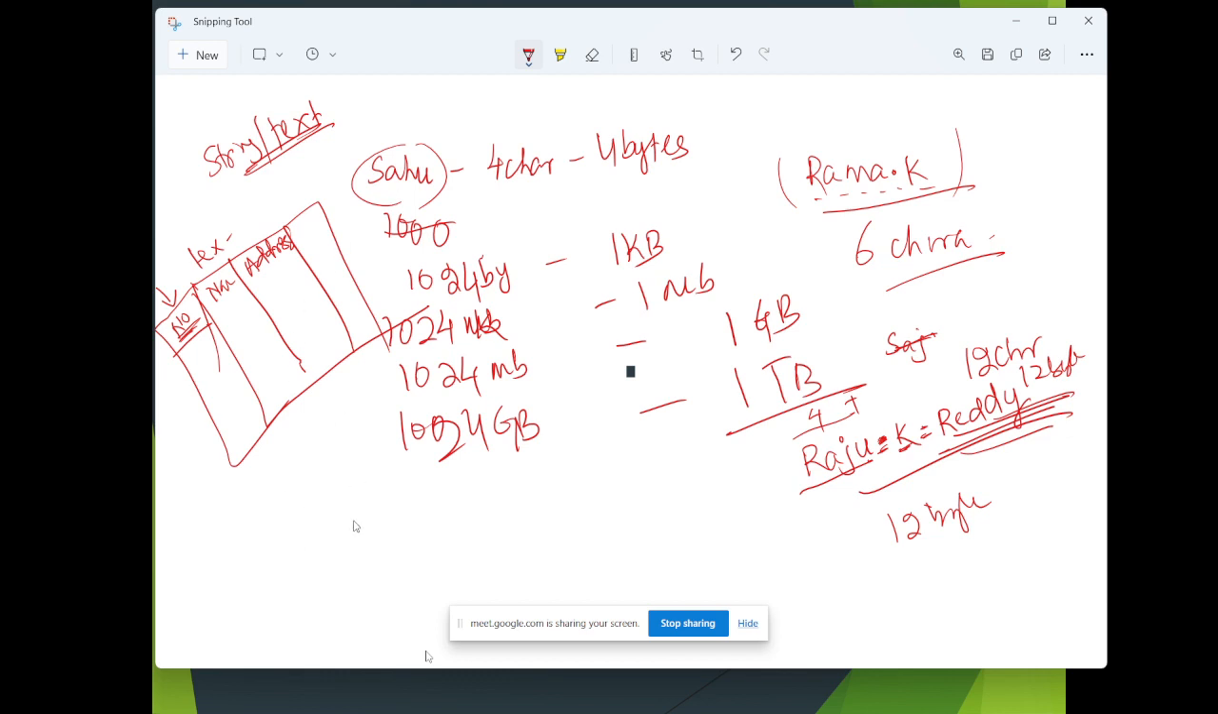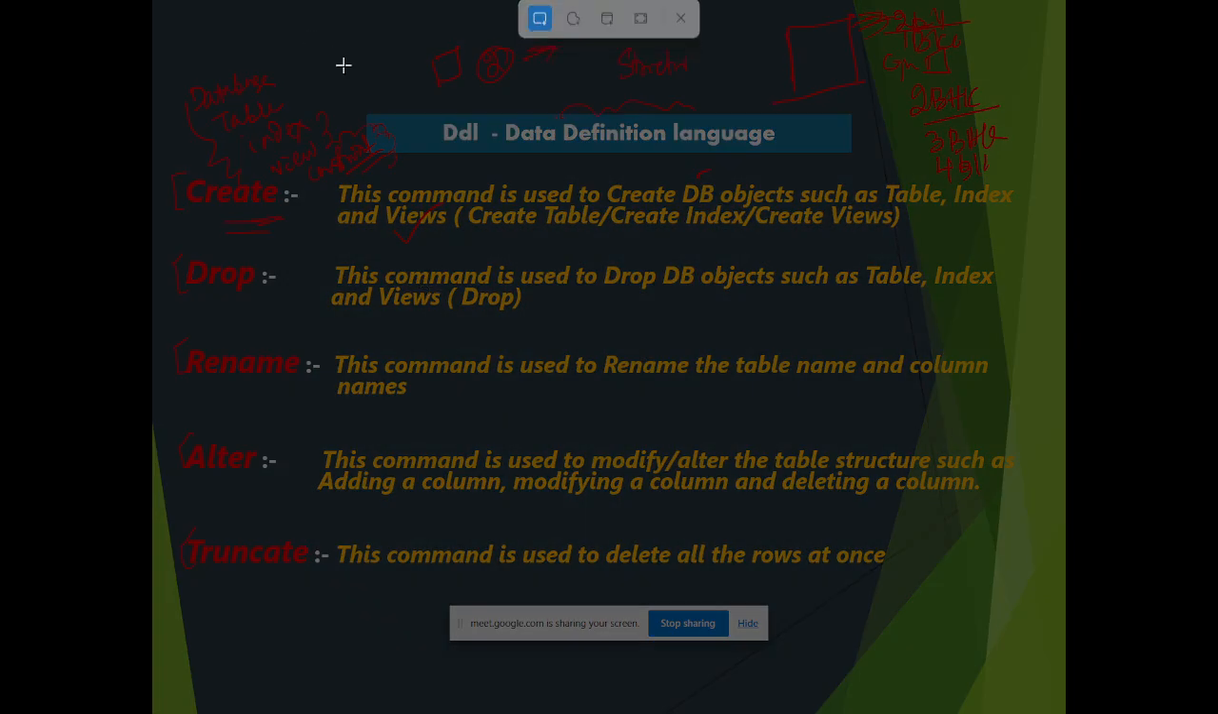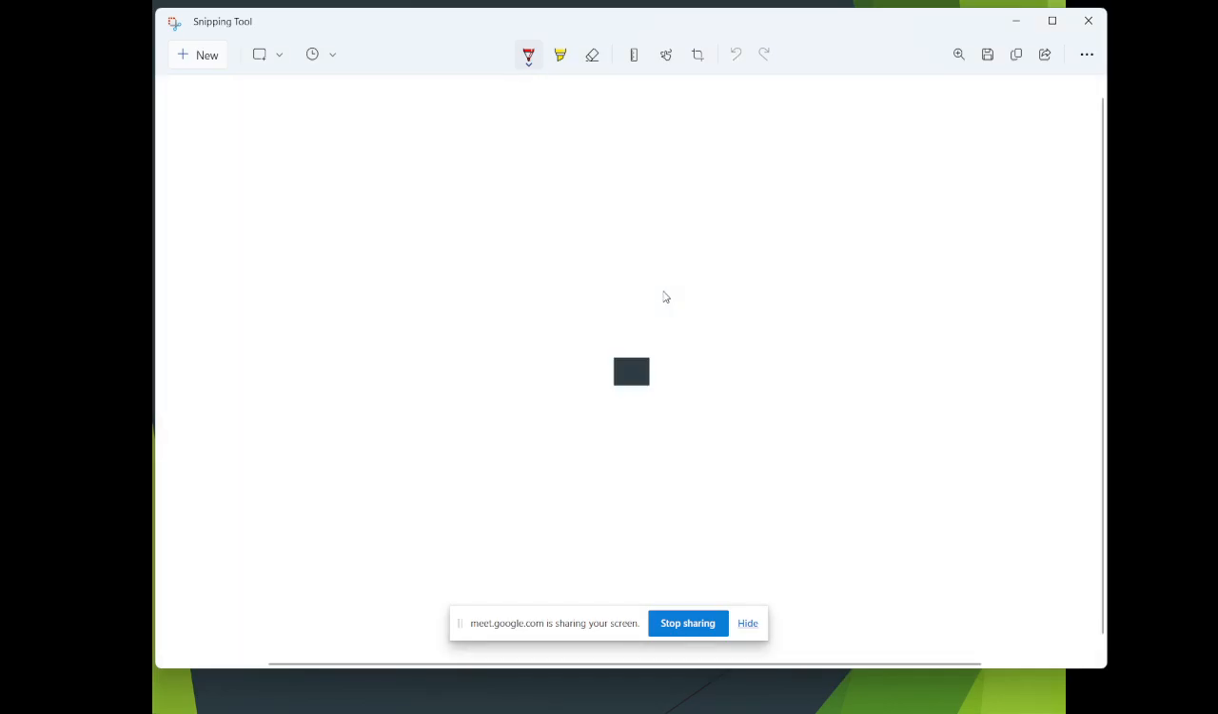Alphanumeric. Mixed data. Every address will have alphabet plus numeric, plus special characters. Special characters means, if you write an address like this, my address is, let's say,